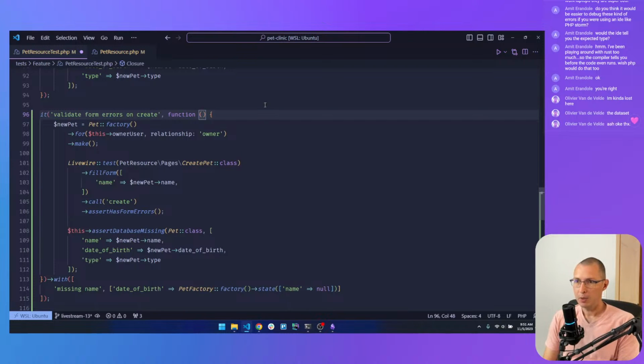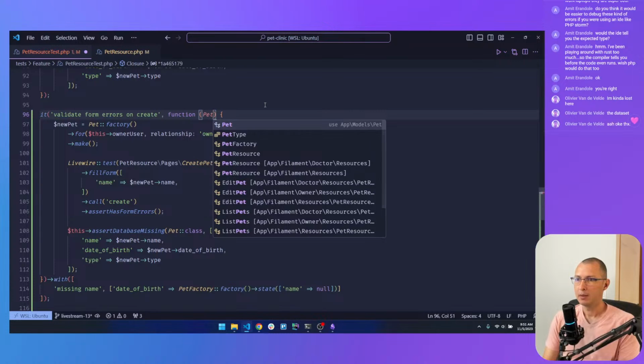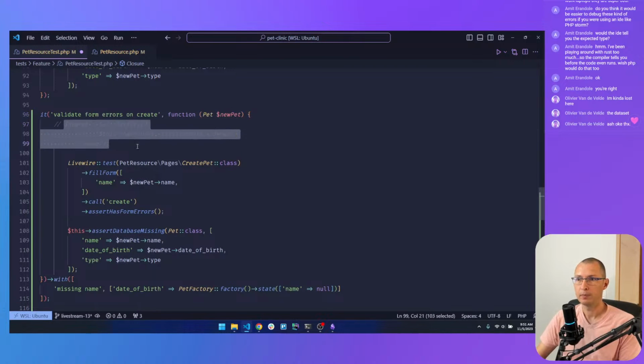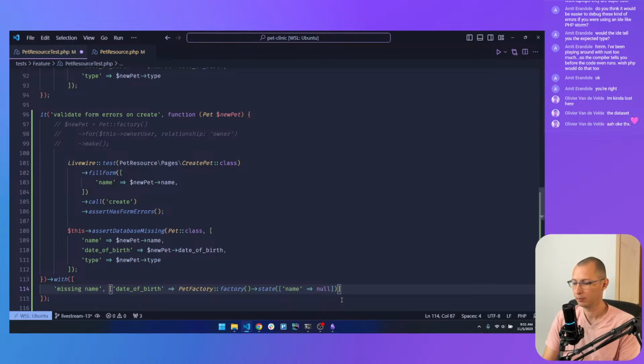In this case, I'm expecting a pet. And let's call it new pet. So instead of creating a factory here, I'm creating that pet as a parameter.